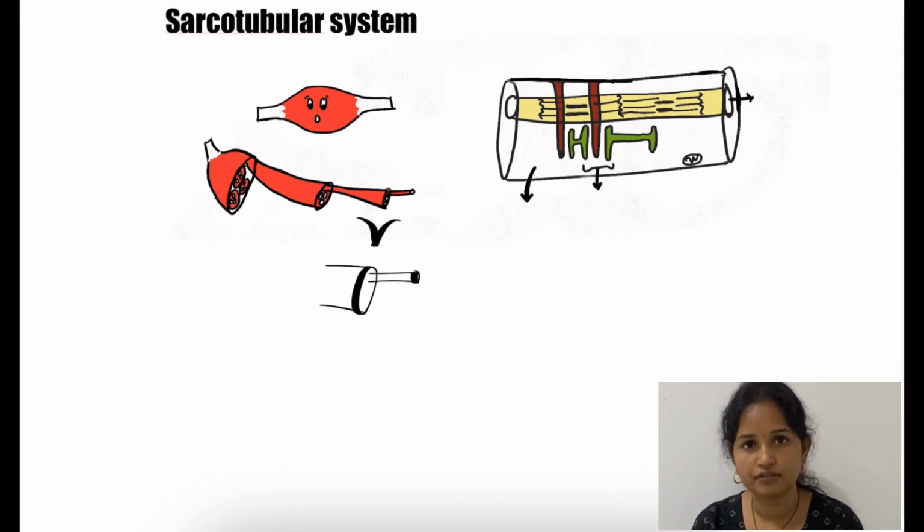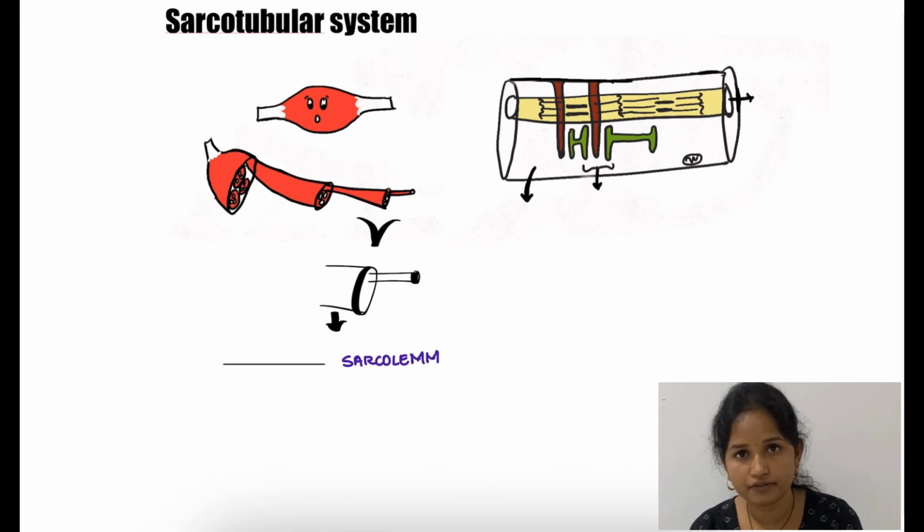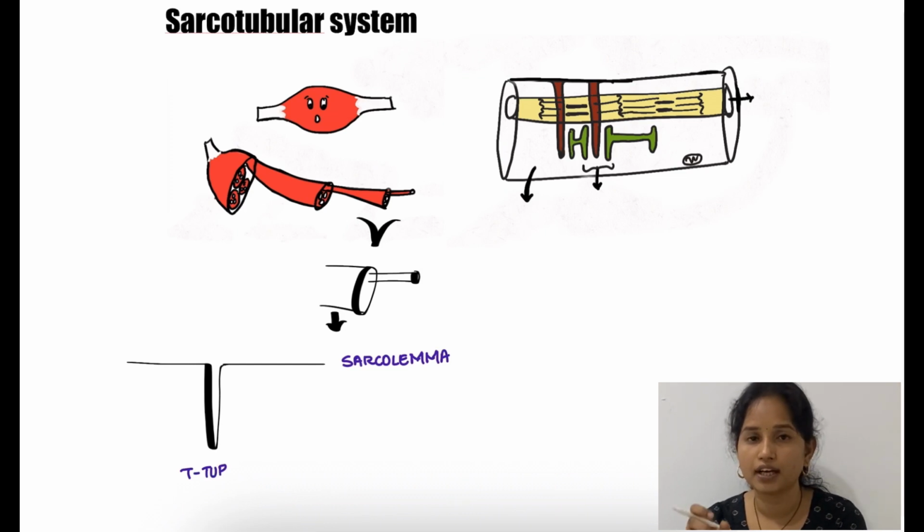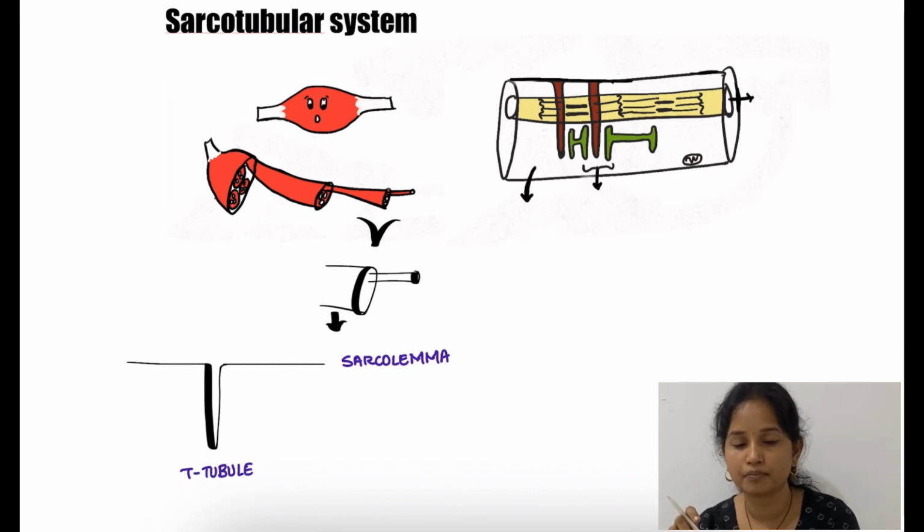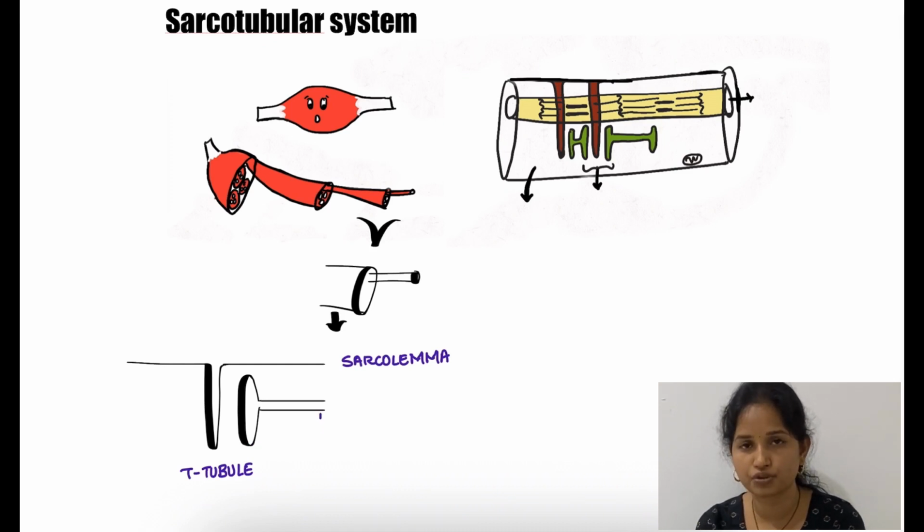In the earlier discussion, we discussed that the muscle fiber is similar to a cell. So the covering of the cell is the cell membrane. The cell membrane in a muscle cell is called sarcolemma. The sarcolemma will be invaginating into the sarcoplasm. The cytoplasm of the muscle fiber is called sarcoplasm. So it extends into the sarcoplasm. Now this is transverse to the myofibril. You can see in the diagram on the right corner the myofibril, and now you have T tubules, which are transverse to the myofibril.